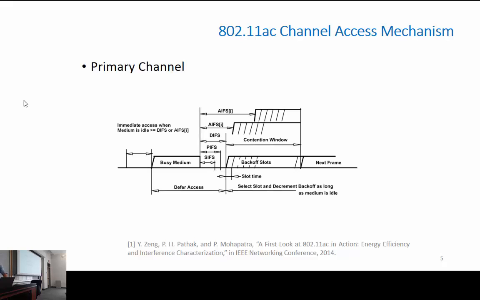So this is something that a lot of us might be knowing about. This is the standard channel access procedure that Wi-Fi follows. If you have a busy medium, the transmitter senses the channel until the channel becomes idle, and then once the channel becomes idle, it waits for a particular interval of time, which is referred to as interframe spacing. That's just to prioritize different classes of packets,